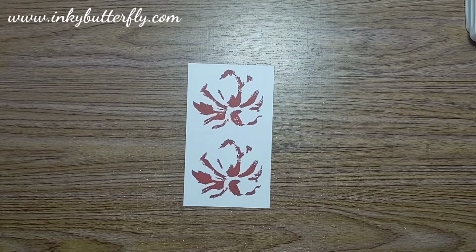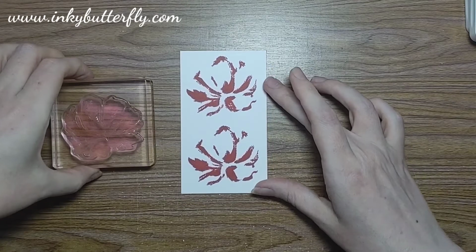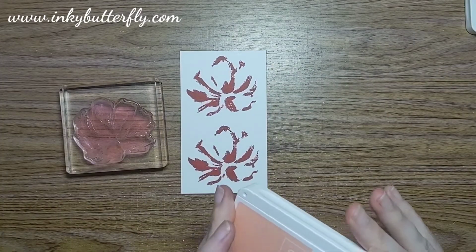Just want to get that red ink right off there because it's one of my... It doesn't hurt the stamps, I just don't like it. It's a me thing, not a stamp thing. So just gonna get that cleaned off straight away. And then now we've got that in place, we can bring in the...